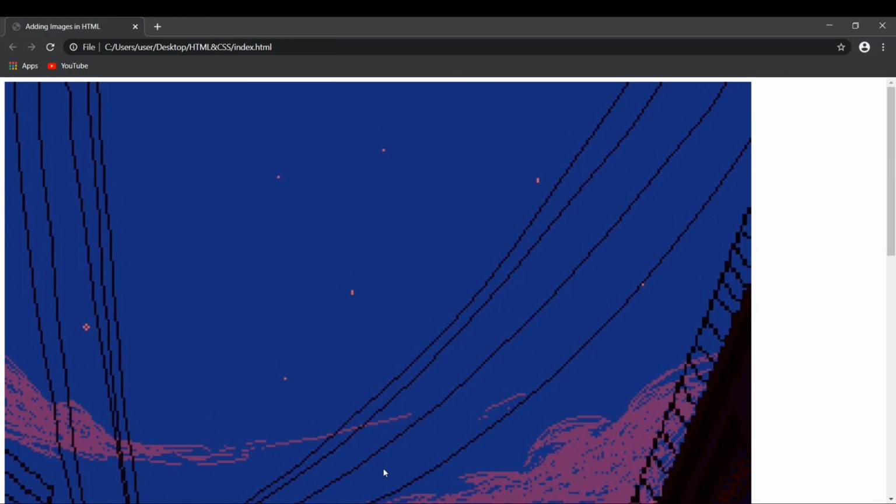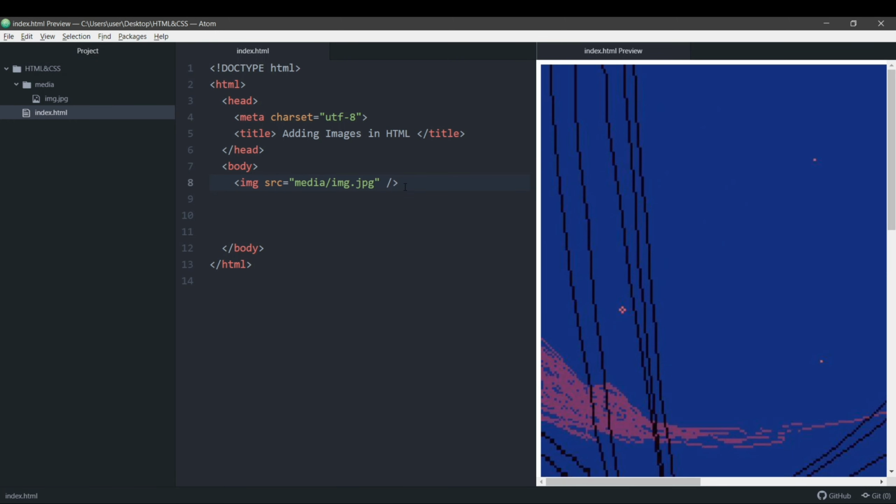Another tip that is very helpful is that you should always adjust the pixels of your image. If your image is too large, the browser may take a lot of time to load. You might have seen that many sites take a huge amount of time to load. That is because the pixels of their images are not properly adjusted.